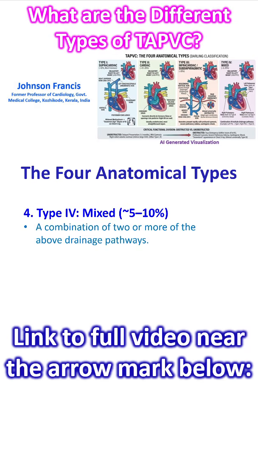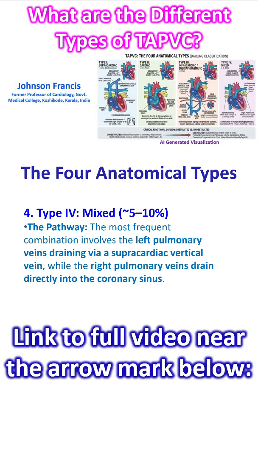Type 4, mixed, around 5 to 10%, a combination of two or more of the above drainage pathways. The most frequent combination involves the left pulmonary